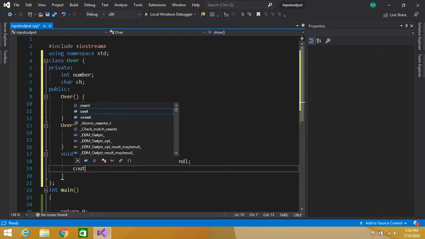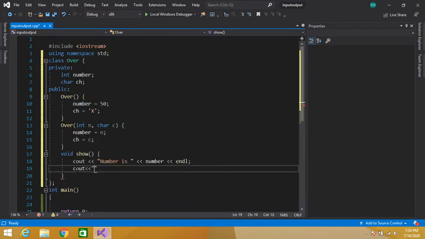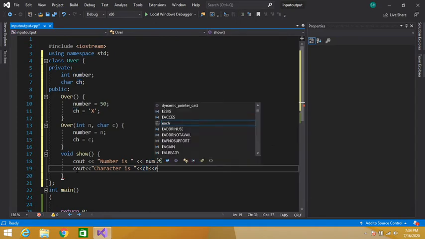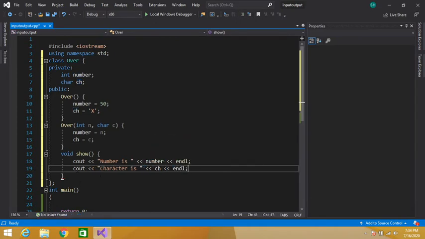And similarly we have to display our character. Character is, ch, and endl. So I have displayed the value of our data member number and our data member character ch.